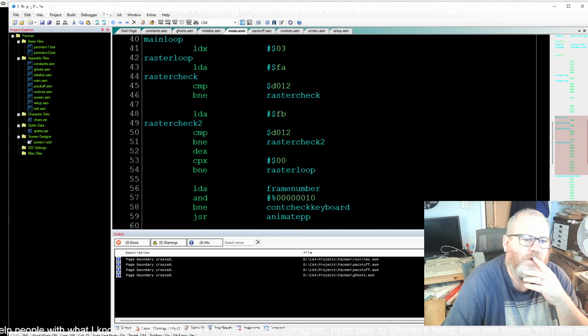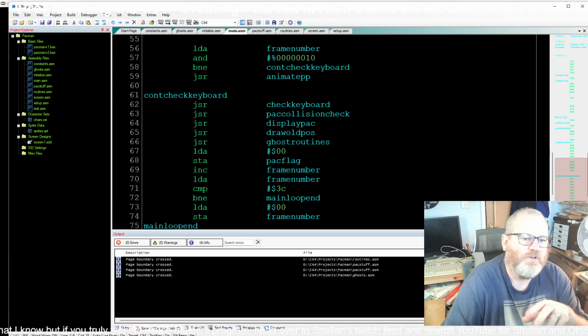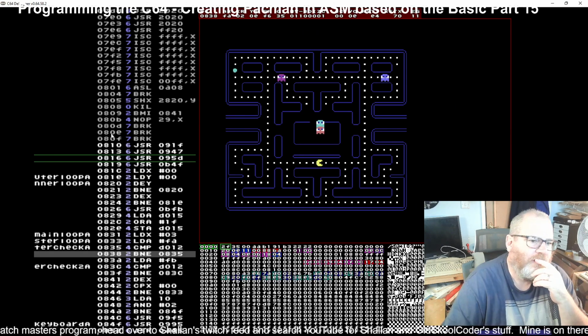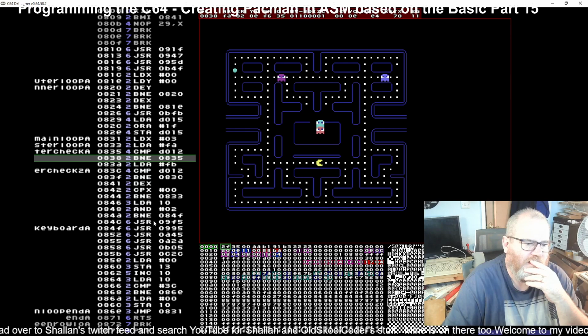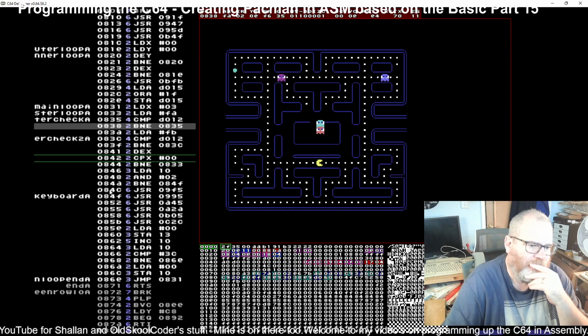So it's inside the main loop. It's just before. It's the first of all the JSRs, where it animates the power pill. So what I will do, and I know the starting point is 0801. So in here, I find 0801. Here it is, and I said it's the first of all the JSRs, and it's down here. Can you see it's pulled in some of the labels? We've got the main loop, raster check A, raster check 2A. And then I've got the whatever it's got, but I know it's this one, and that's where I want to